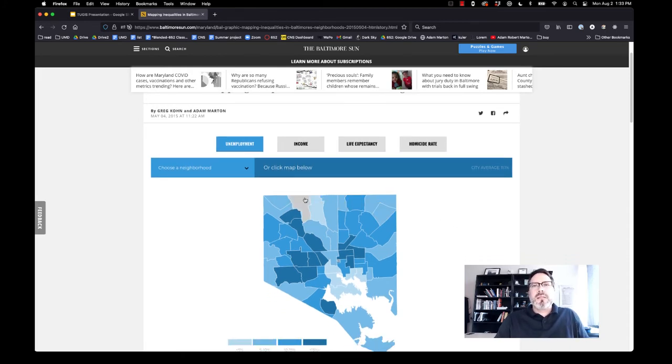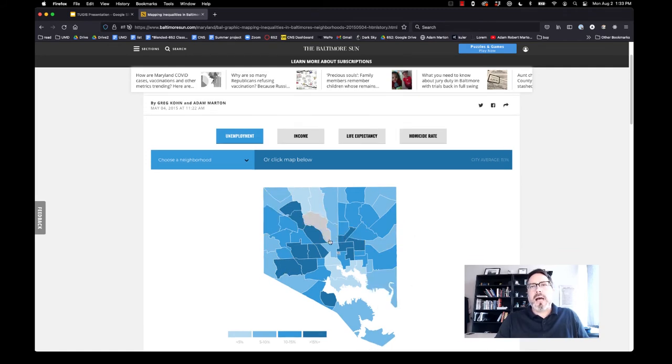So here we see unemployment in Baltimore. We can see unemployment is high in downtown, right, in the sort of inner city areas, and stays pretty high in the areas directly east and west of that area. We see unemployment is lower up in North Baltimore and down around the water, and as we start to get out toward the suburbs. And we see that these factors are very similar in these areas